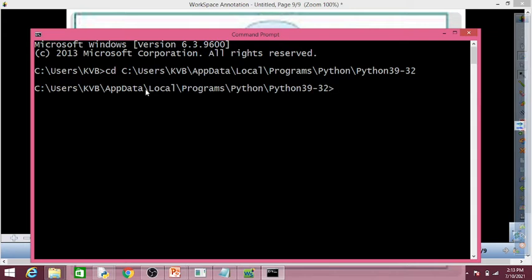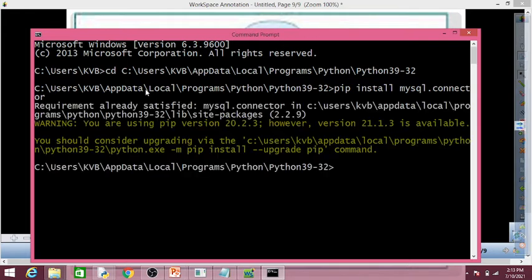I have come into this directory, and here I will type the command pip install mysql.connector. When I type this command, this message will come because mysql.connector is already installed in my system, so I just need to upgrade this software.